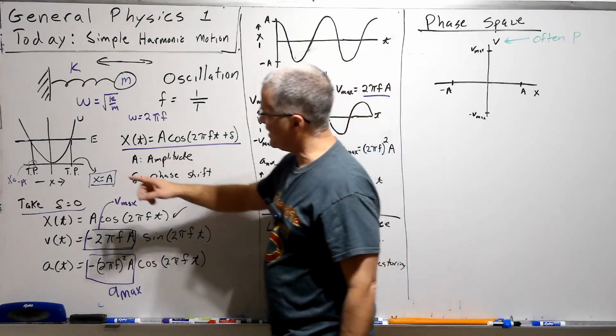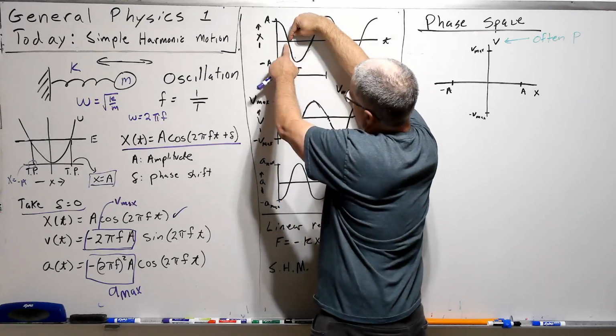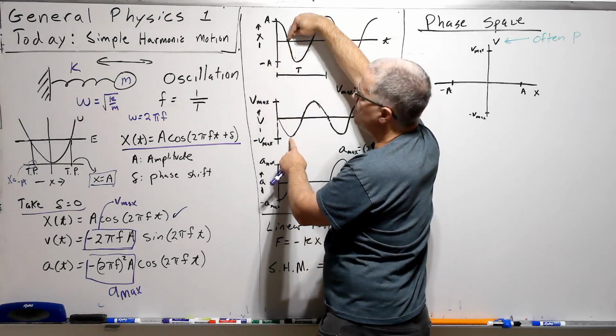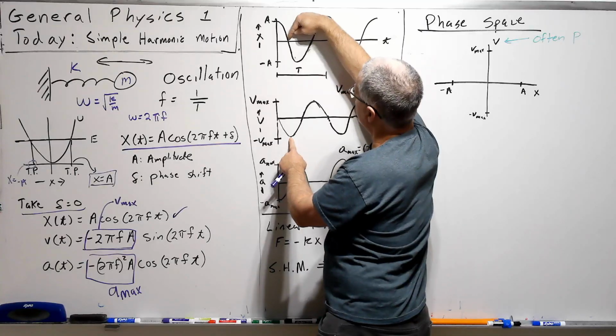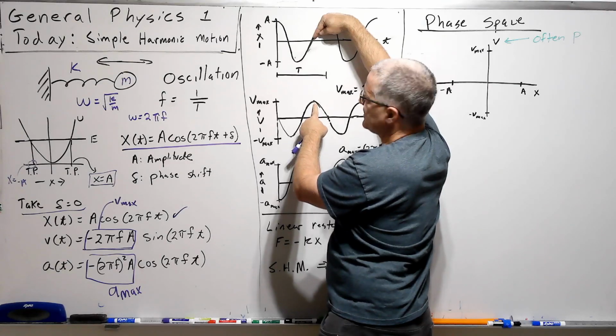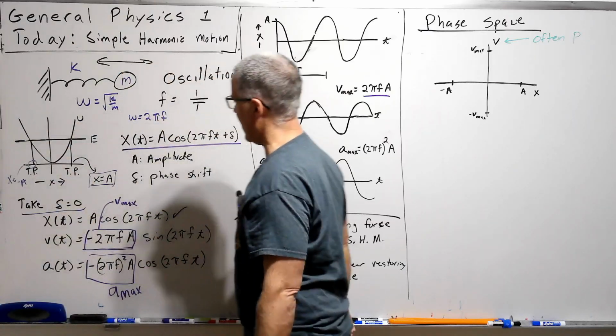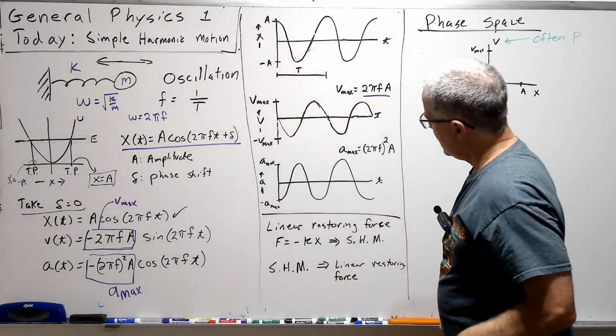Here at Vmax, that's going to be right here. So where our position is 0, we have the maximum negative velocity in this case. Then it turns around and comes back. We're at the maximum positive velocity here. So that's coming back this way through that point. All right, let's plot the